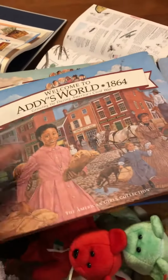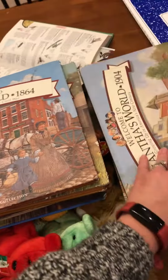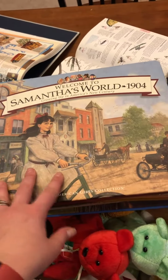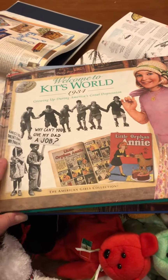Have you ever heard of that? This is Addie. She lived in 1864 during a war we call Civil War, or the war between the states. This is Samantha. She was in the early 1900s, at the turn of the century. I had an American Girl doll that looked like her. And then this is Kit. In the 1930s,